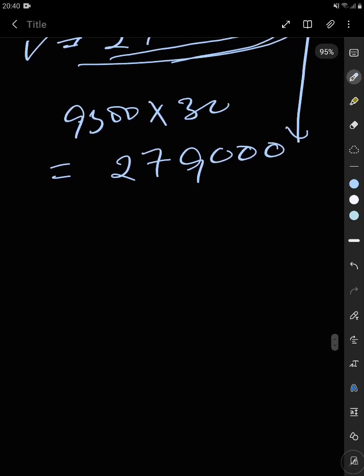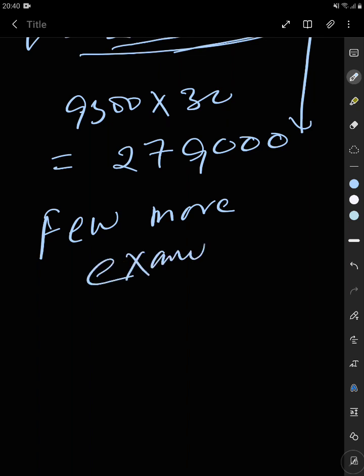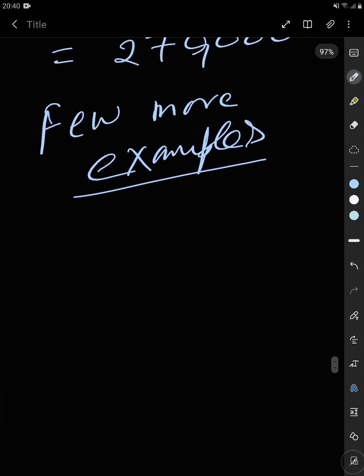Now let's have a few more examples. These examples we will make on our own for your understanding, so that you can understand the concept very well. So first one, let's take some number, 680